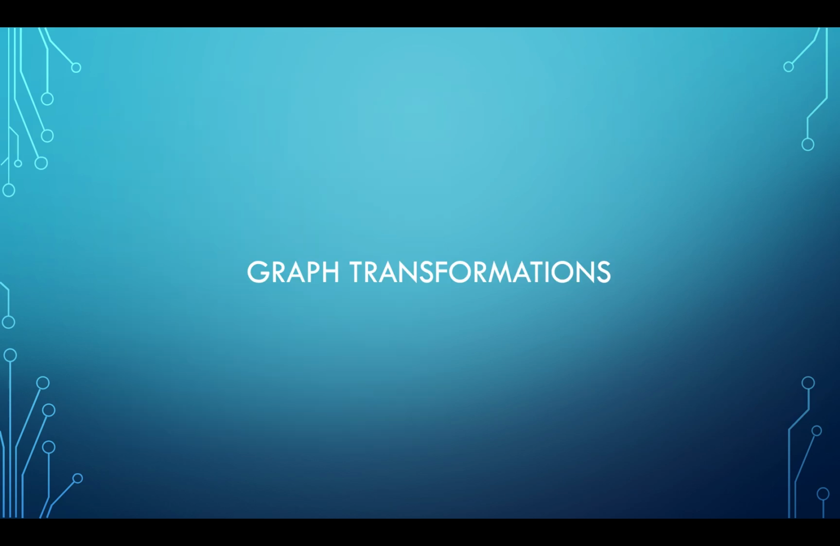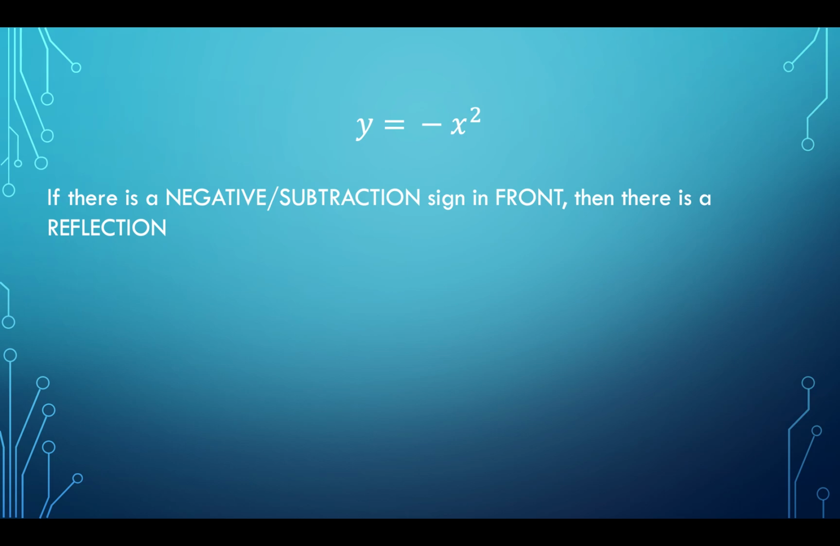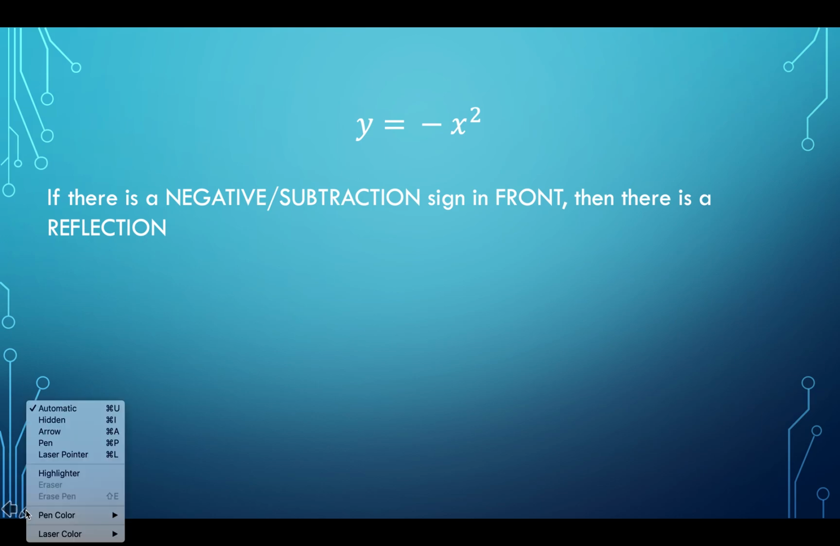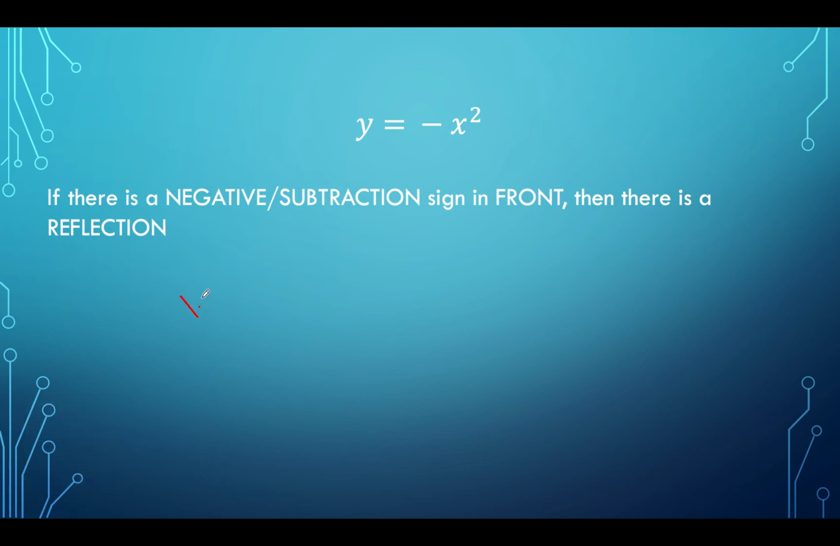And now we're going to go over graph transformations. I'm going to explain them to you in the order that you would see them if there was a problem. If there's a negative, or sometimes you want to call it a subtraction sign, in front of the x squared, it doesn't matter if there's a number in between. As long as there's a negative in front of the x squared, then there's a reflection. So what I mean by that, if I have y is equal to negative x squared, that means the graph